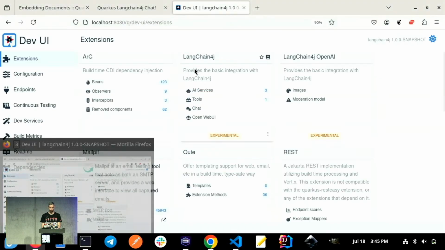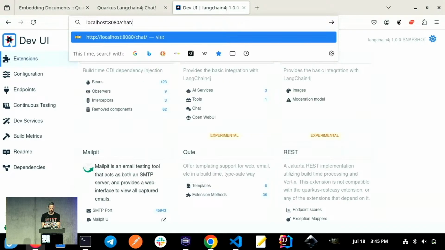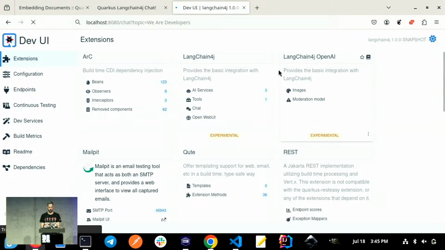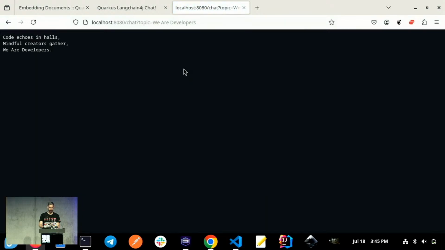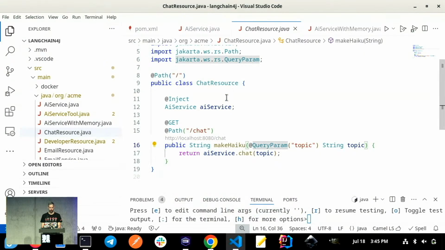So if I go to my localhost 8080 /chat, and then what was it, topic, I think, equals WeAreDevelopers as the topic. Let's see what it does, right? So it created a haiku. Code echoes in halls, mindful creators gather, we are developers. Wow, it's very deep, right? So that's just creating a prompt, right? But I actually created this into another resource,